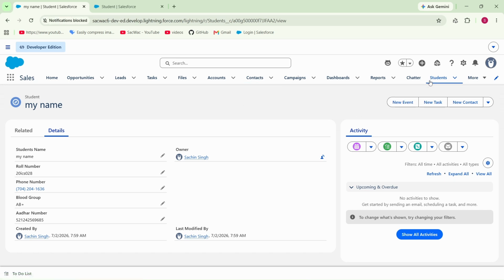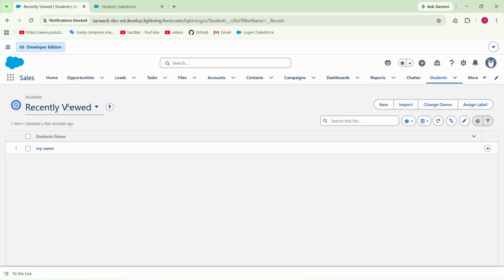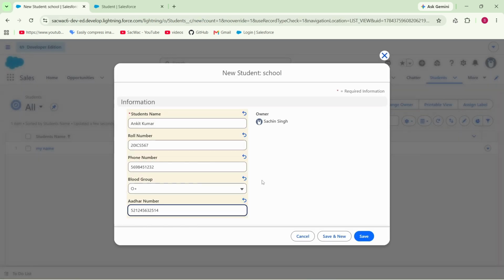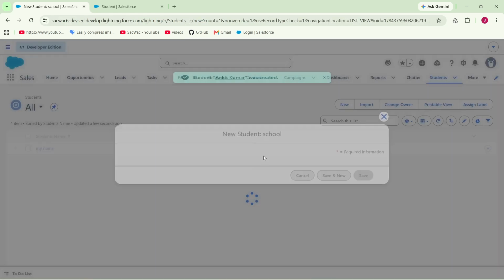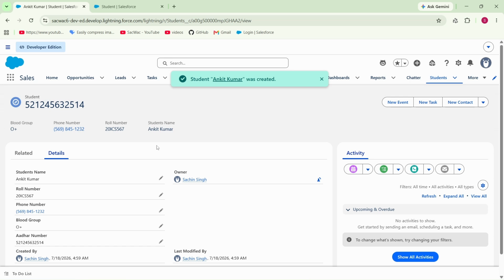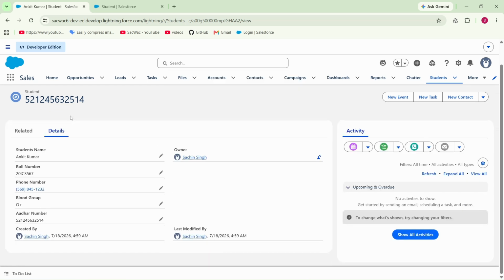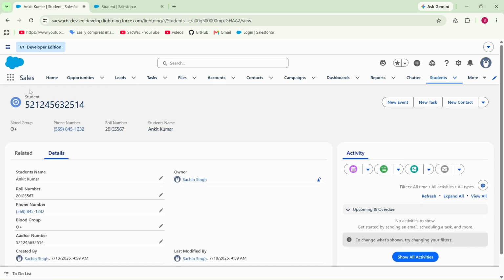So now I have refreshed the page and now what I will do, I will first see how many records I have. So let's create a new record first. Okay, so I have filled the details and let me save it. So now I have saved the record and you can see as soon as I save the record, you can see my